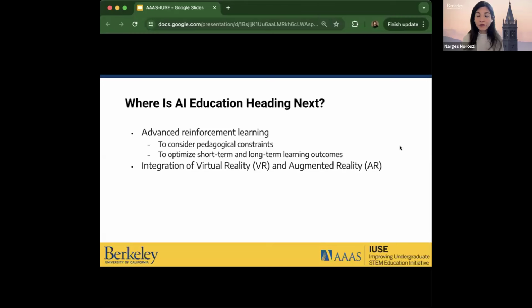Obviously, the next thing is that every time there is an advancement in the AI domain, there is always an interest in integrating that with virtual reality and augmented reality. So I'm interested in seeing how VR and AR can use different Gen AI tools in order to create lab simulation, hands-on learning, and different kinds of AI-enhanced materials for students and be able to incorporate VR and AR in